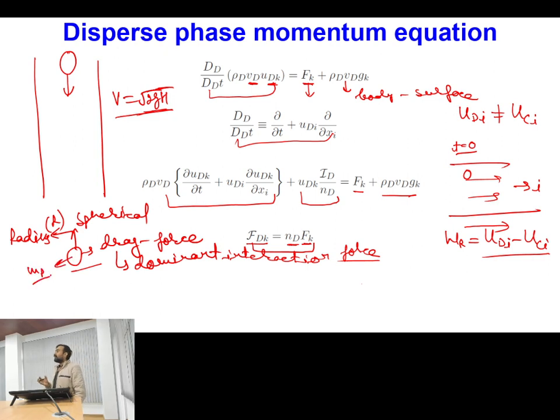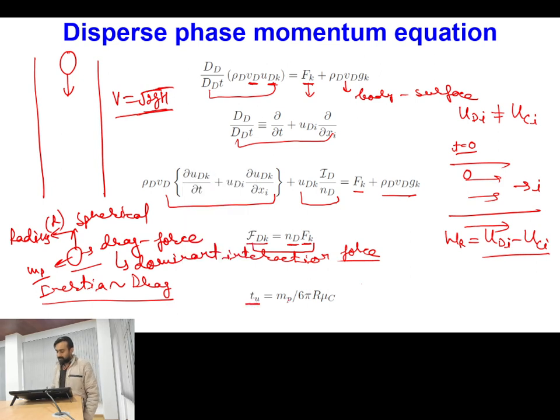Now if I balance the inertia force of the particle with the drag force, then I will be getting one time scale, and this particular time scale is written over here,